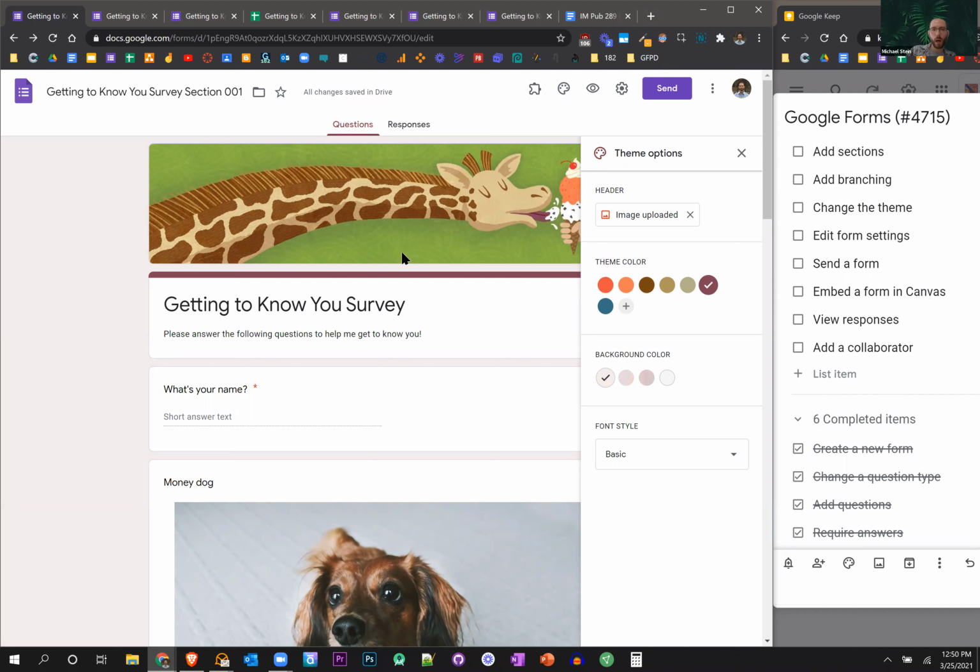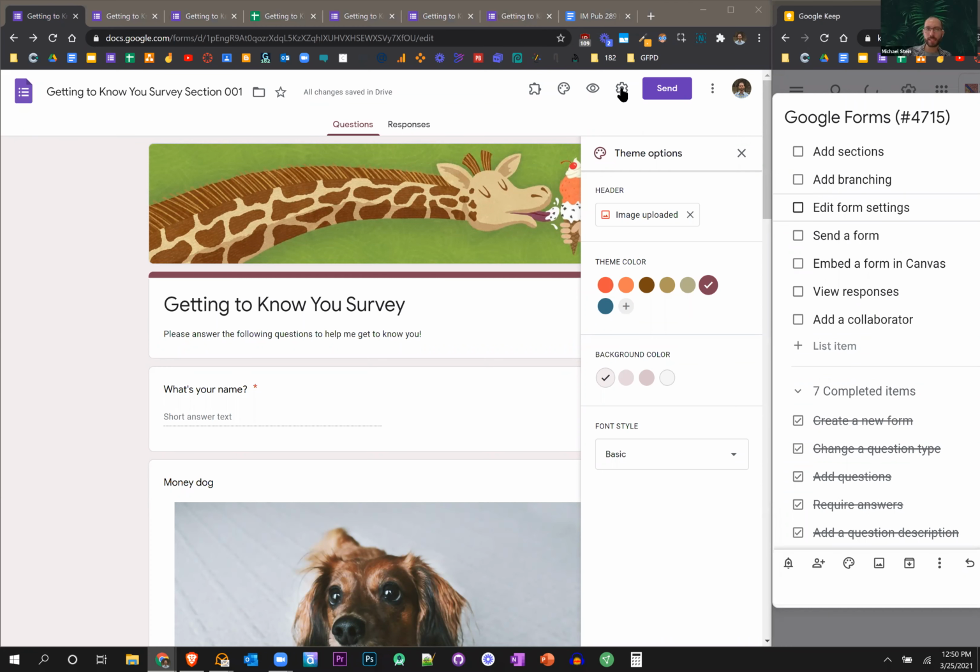Okay, so that's adding themes. Like I said, you can play around with that. You can add as many as you want, but basically that's it. And you don't need to have a theme to make this work. So that was themes. Let's take a look at the settings, and then we'll go ahead and look at sharing and sending this to